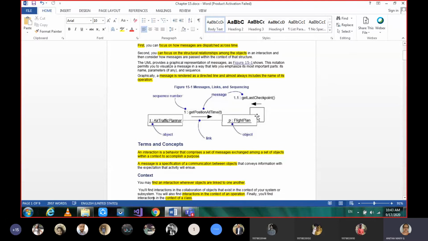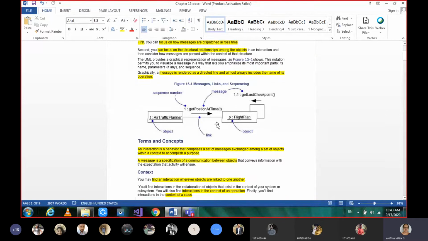So this is a scenario of how objects communicate, and that communication is given using a message, and that message has labeling and numbering. And the relation between objects is a link. You just have to remember this example, where we can talk about all the interaction concepts. Okay, so this is the introduction to the interactions chapter.